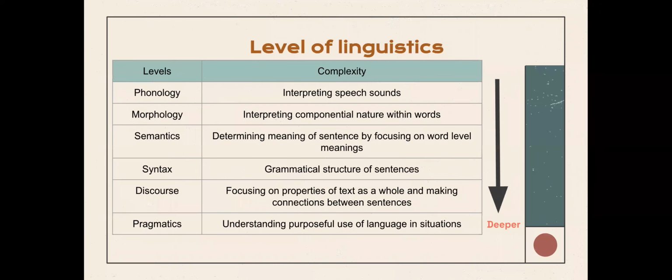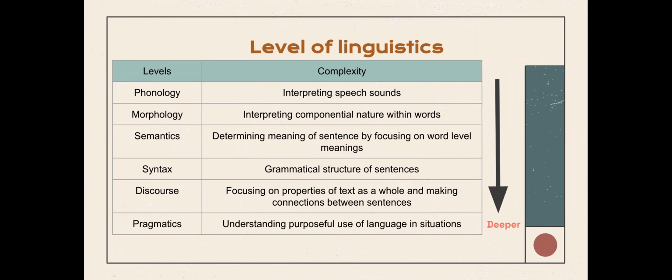So there are a few levels of linguistics that we need to understand when we are doing natural language processing. So we broke it down into these few levels. Phonology is how we interpret speech sounds. We don't always need the phonology aspect, where we need to know how the words sound, because sometimes it might just be text data that we're looking at.